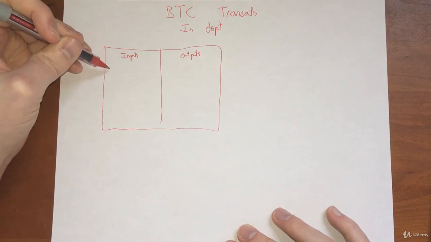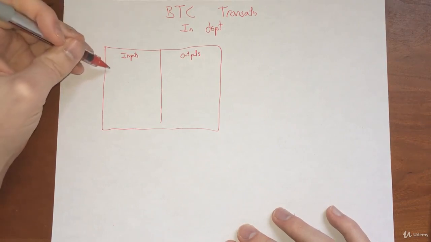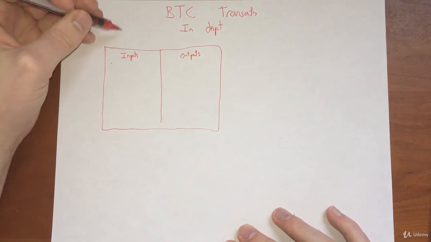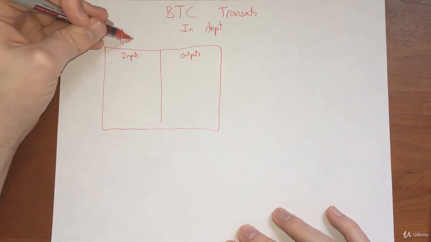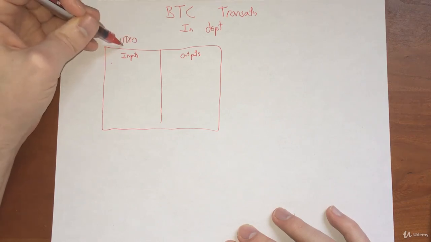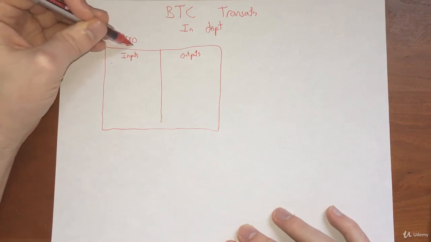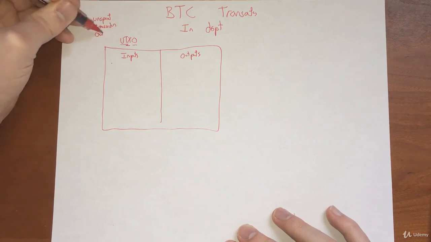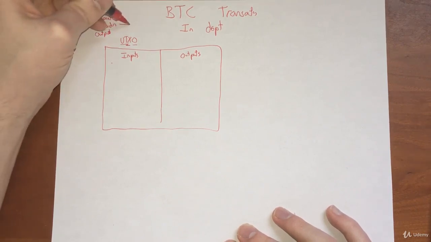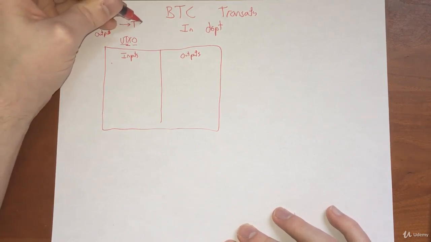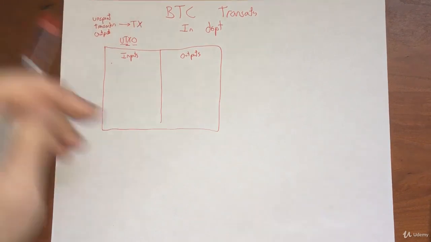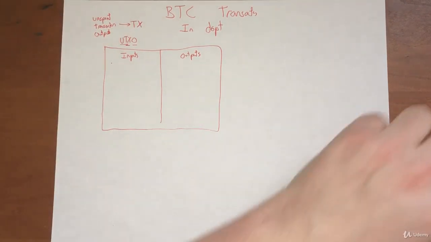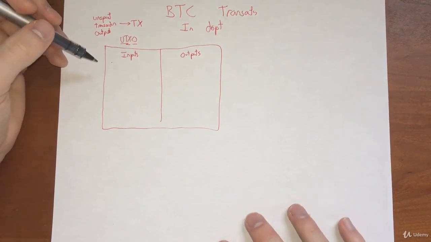And inputs and outputs both use something called UTXO, unspent transaction outputs. Transaction, you'll see this all over the place, is abbreviated to TX. Okay, so in your wallet,